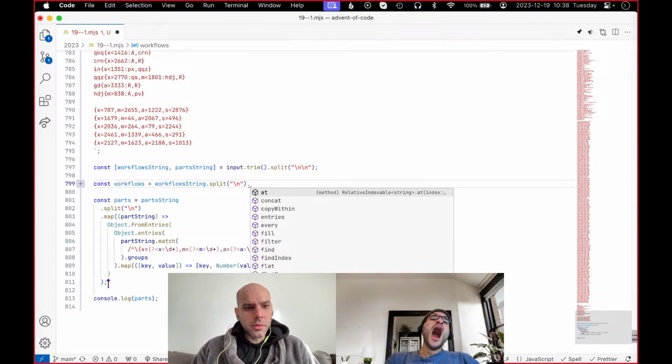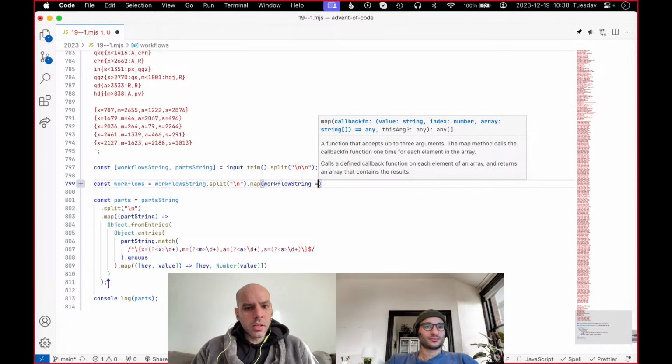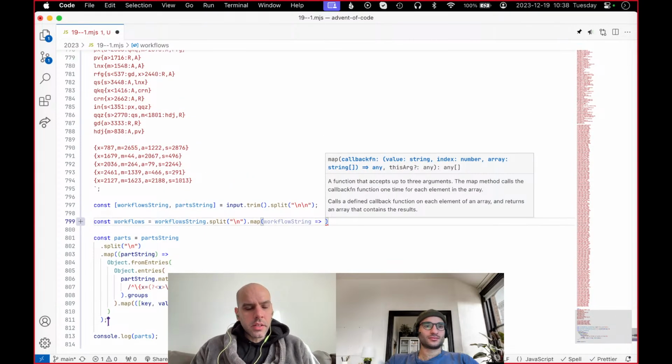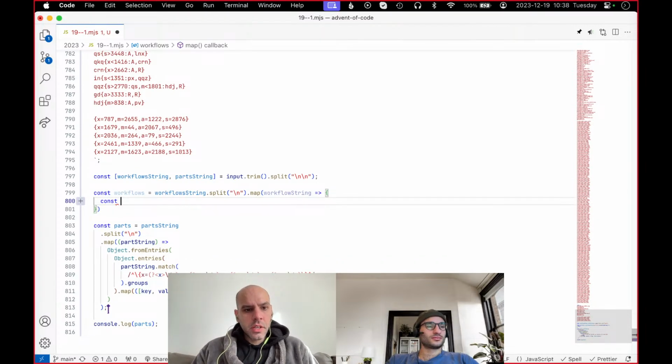I will map the workflow string and I will have one regular expression, but in this case I think I will need a block because there will be multiple things going on here. So I will have a regular expression that is